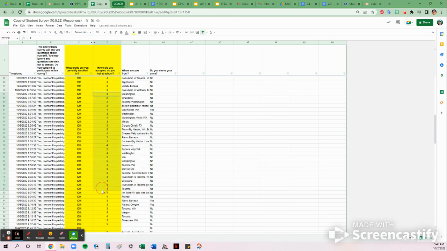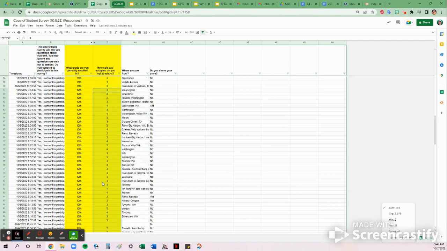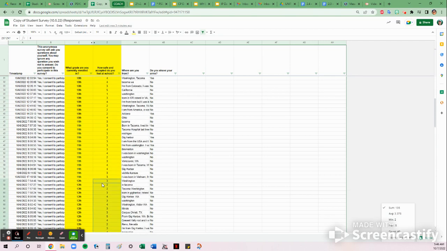I'm selecting all these scores so I can see what the average score is. This senior didn't answer that question, but that's okay. That won't affect our data. All right, all the seniors. Average, 3.3. Okay, a little bit higher than the sophomores and juniors. So I might conclude that my hypothesis was correct. It's not a huge difference, but the seniors feel a little more safe and accepted at school compared to the